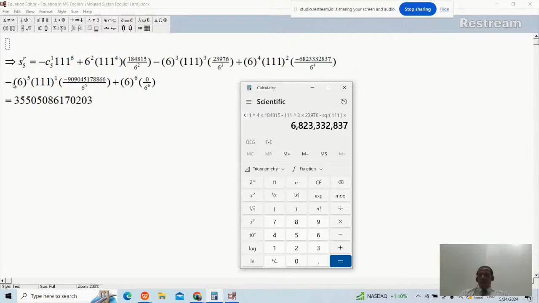Then minus 6 to the power 5 multiplied by 111 multiplied by